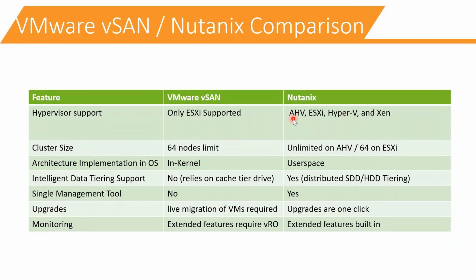Nutanix gives this hypervisor free of cost. AHV is the open source hypervisor. They give this hypervisor free of cost. ESXi, you know how much license you have to pay, right? Even for Hyper-V, if you have 60 servers, you have to buy licenses for 60 servers, and every periodic time you have to renew that license. So there is a lot of cost involved. But AHV is a lifetime free hypervisor. This one reason makes customers impressed about Nutanix.